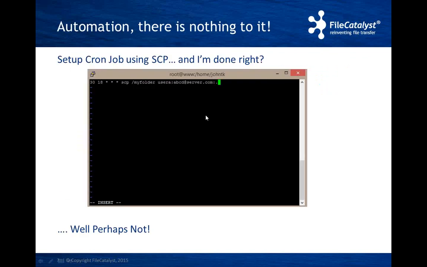If you think of automation, a lot of people, when I first talk to them about automating file transfers, say, well, I'll just set up a cron job using SCP, point it to a folder. An example here is that at 6:30 p.m. every day, SCP will transfer some files to some server. Yes, it's a simple approach. It can work in some places, but I think you're just scratching the surface of what you're trying to do. And this is what I really want to cover: all the points you have to look at besides just a cron job and an SCP command.